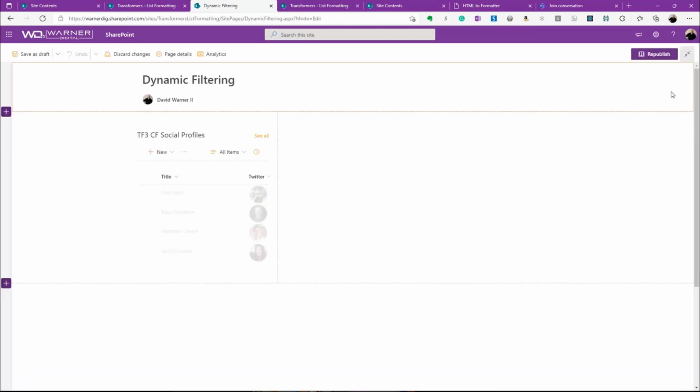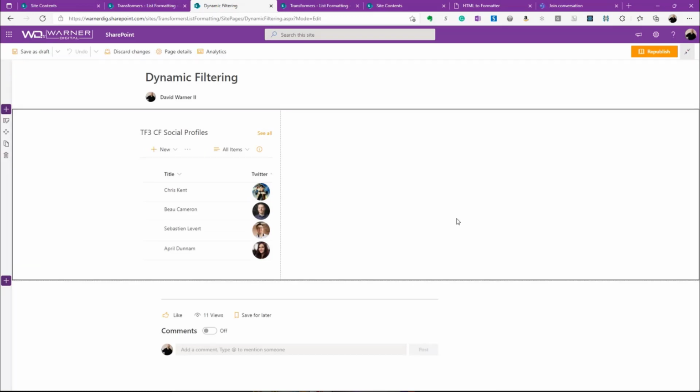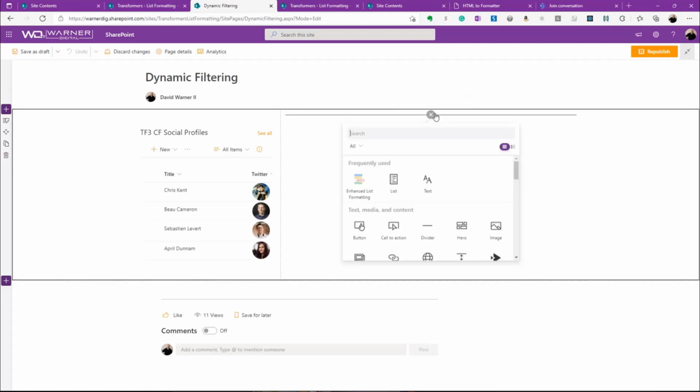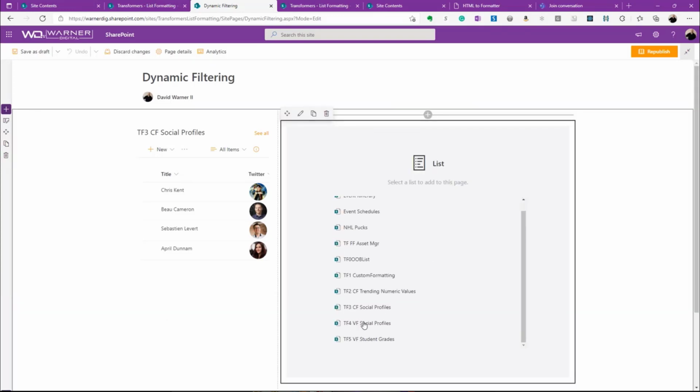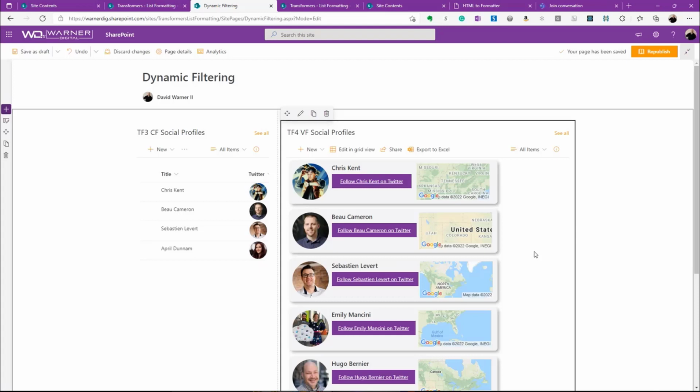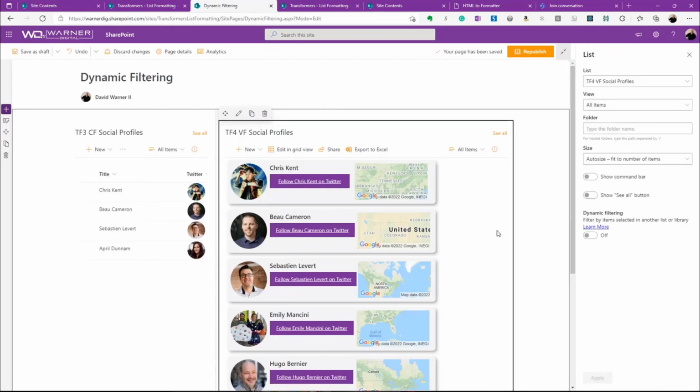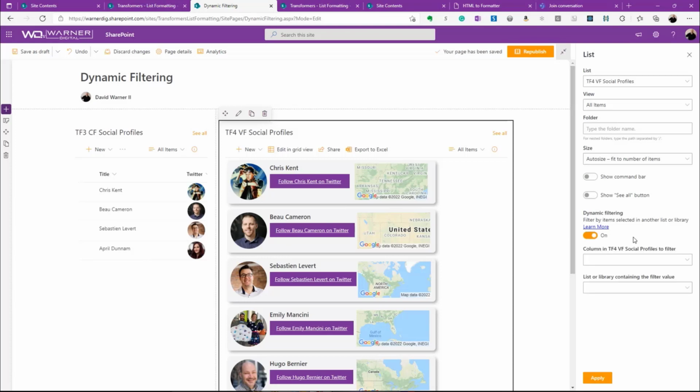So I'm going to re-edit my page. I'm going to come and I'm gonna add a web part, and I'm just gonna use the list. Remember, this is an out of the box. I'm going to select the view formatting social profiles. We've already pre-formatted it because we've applied that. Again, it's this formatting that is available for free. We'll give you some of those resources later. But the key is I'm going to edit this web part, and I'm going to focus on this dynamic filtering area. So I'm going to turn it on. And the first thing it asks me for is what column in this web part, essentially it's looking for that